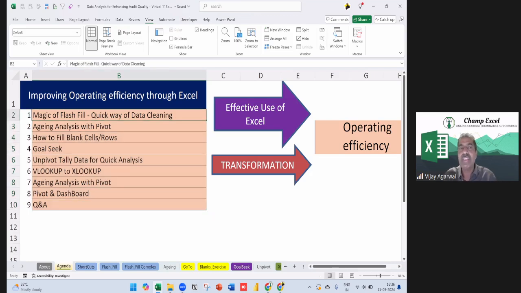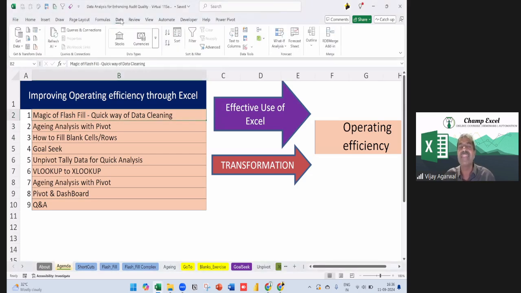And friends, let's see where this tool is lying for us. When you go to the Data tab, in the Data Tools group, we have this tool with the name Flash Fill.